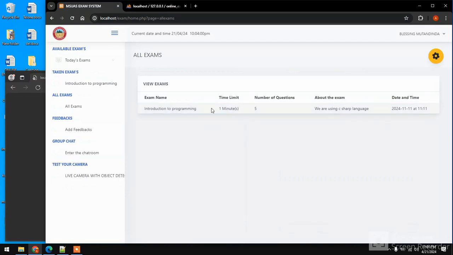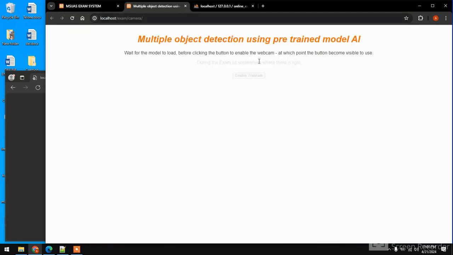If we had passed this examination, we expect that all the exams that we have attempted will be enlisted here. If we pass this exam and then go to level 2, we expect level 2 to appear as well. This page is just so that the student can test his or her camera if it is working